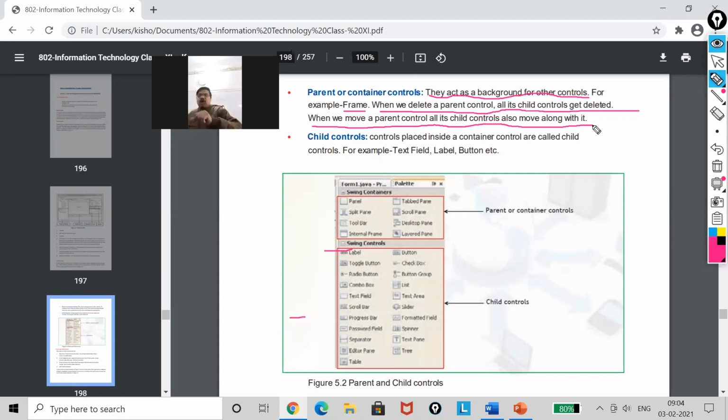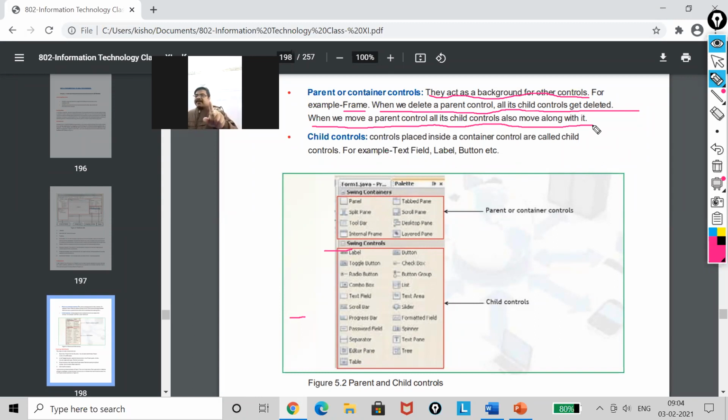Now, I'm giving one example. It is just like your file and folder. Actually, it is not file and folder, but what you can do with your file and folder, the same you can do here. Suppose I have my 5 files. Can I place all these 5 files in a folder? Yes.